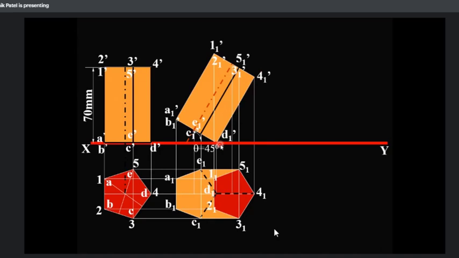So these three sides are not visible from the top because your object is solid here. It is not transparent. So 4 dash D1 dash is behind the 1 dash A1 dash, so it is not visible. Similarly, C1 dash D1 dash is not visible because it is behind the edge 1 dash A1 dash. So I will draw E1 D1 as a hidden line. Similarly, D1 C1 is also a hidden line. D1 4-1 is a hidden line, and all remaining lines are represented as solid lines. Understand?